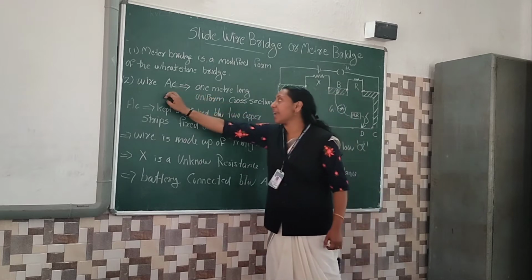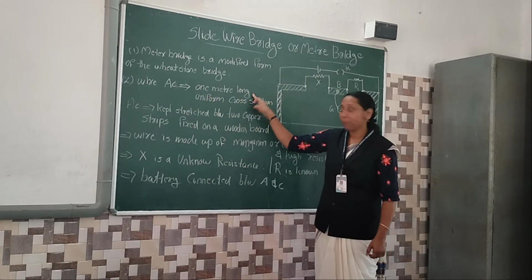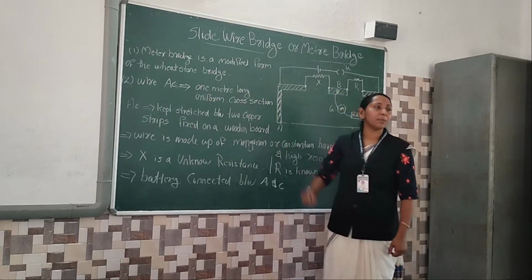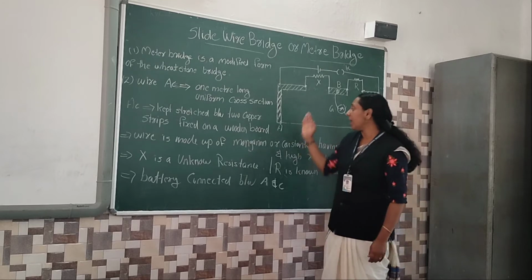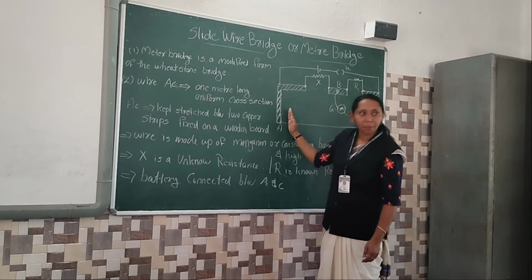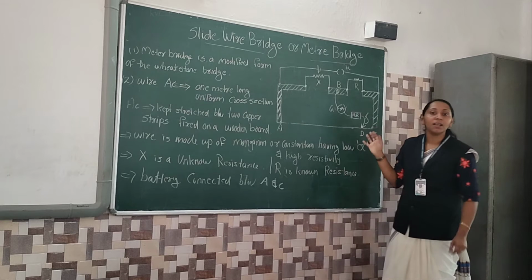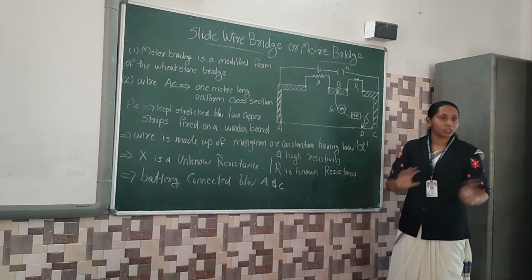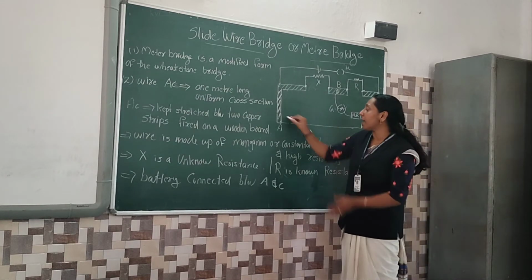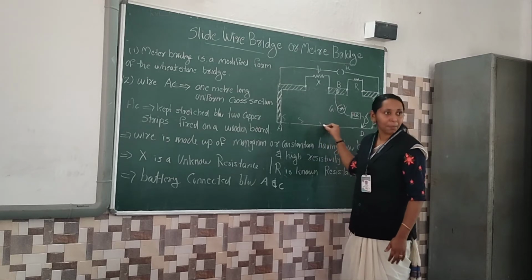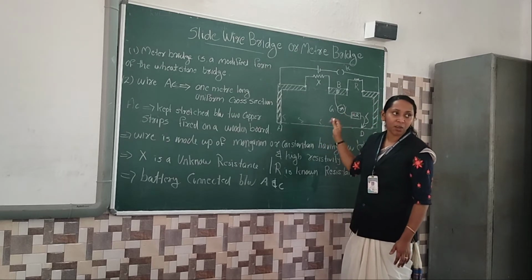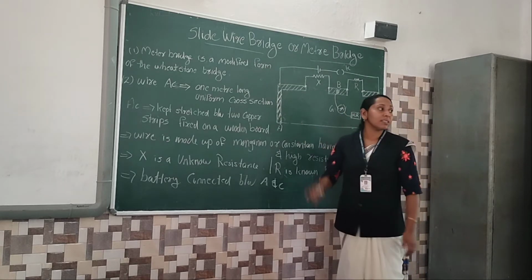And a wire AC that is 1 meter long and of uniform cross section. What is the meaning of uniform cross section? Maybe इधर कितना portion है same repeated है. Every point has the same arrangement. No variation कुछ नहीं है ना. इधर current I मिलता है तो इधर भी I मिलेगा. इधर भी I मिलेगा. Okay, different current नहीं होगा. The current passing through the wire is the same.